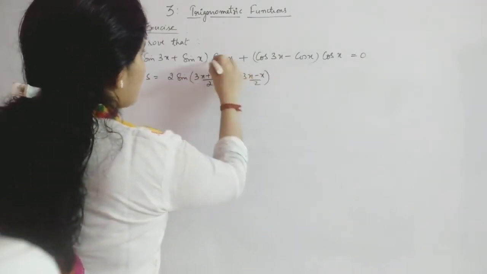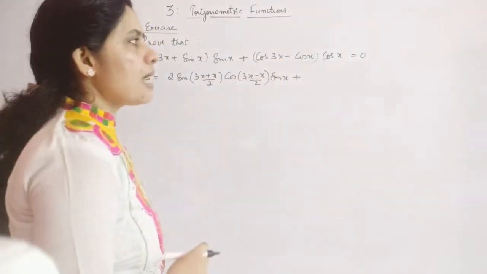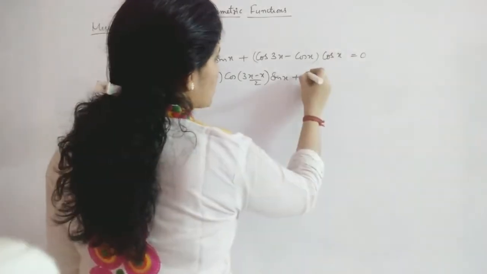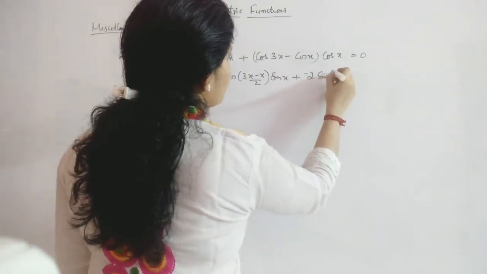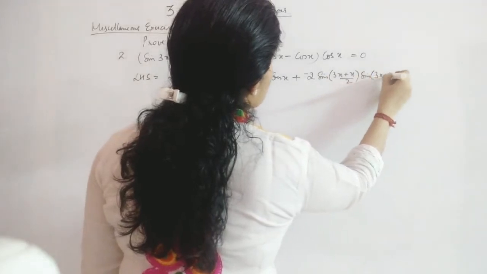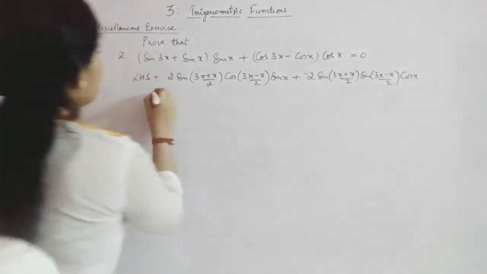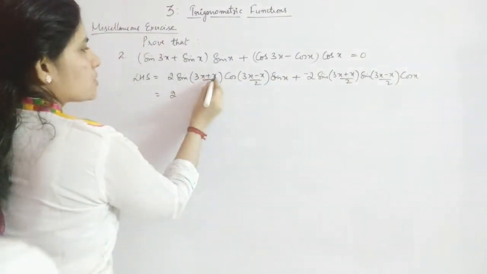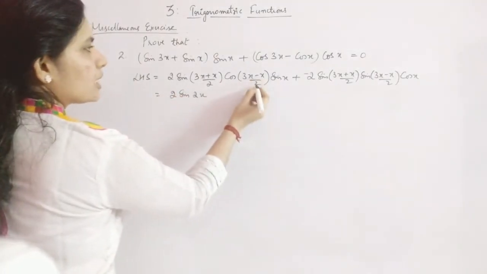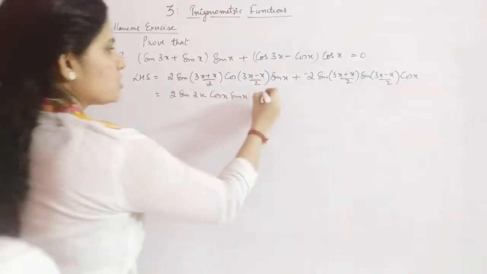and you have a product as sin x, plus cos x minus cos y is minus 2 sin (x plus y) by 2 sin (x minus y) by 2. Both are sin. So you get negative 2 sin of (3x plus x) by 2 sin of (3x minus x) by 2. And it is into cos x. Now this will give you 3 plus 1 is 4 by 2, 2. So you have 2 sin 2x. Here you will have 2x by 2. So it is cos x sin x minus 2.